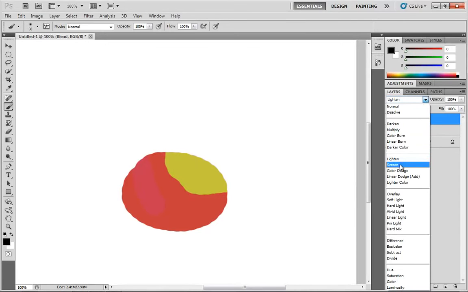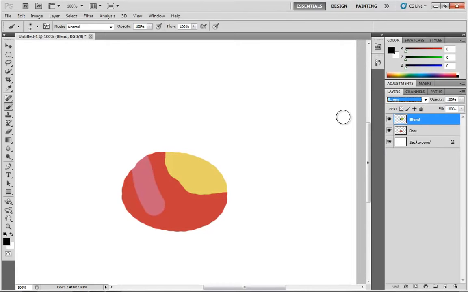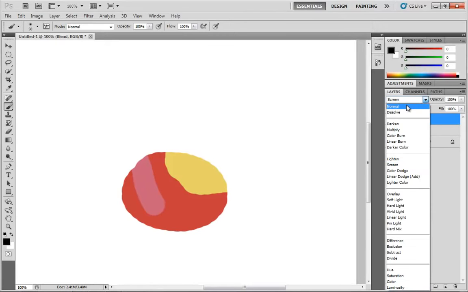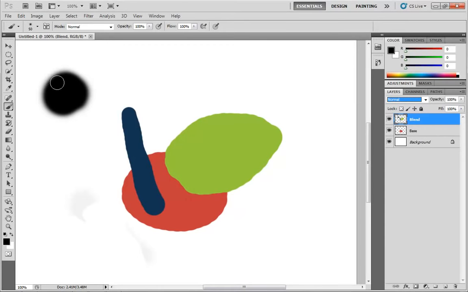All right, moving down from here, we have screen. Screen is always going to lighten your result, and the color black is going to be useless in this blend mode. So I have my paintbrush active. I can hit the D key to make sure I'm painting with black, and if I come over here to the corner and I just scribble around for a moment, it looks like nothing's coming out of my paintbrush. However, you can actually see there's a little tiny black smudge that appeared in my layer thumbnail. And if I go back over to normal mode, we can see that black was really being put down. So I could paint a little more so you could actually see that. But when I switch over to screen mode,